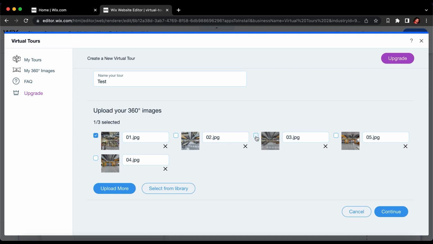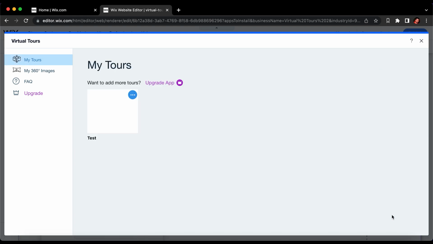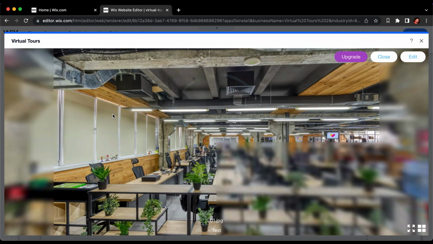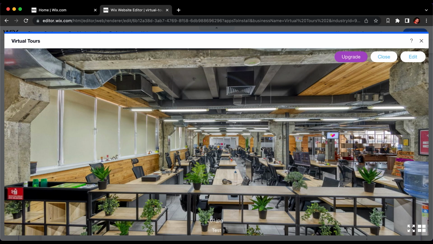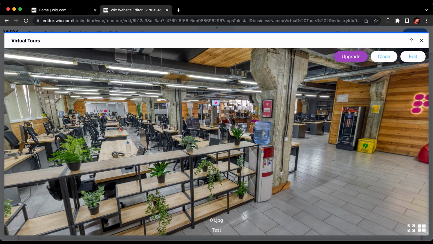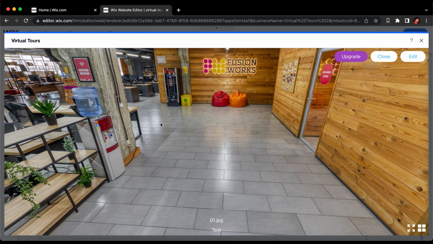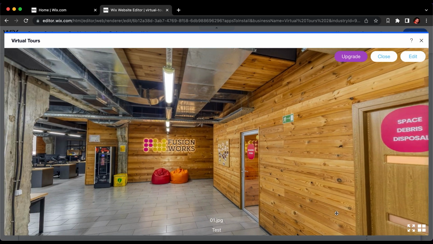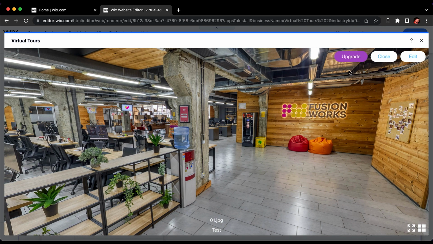Let's see, this one, and this one, and continue. All right, so the tour is here, test with 3 photos, and we can directly play it and see how it became. So, as you can see, this is a view of ViarLive office, and we can close it for now